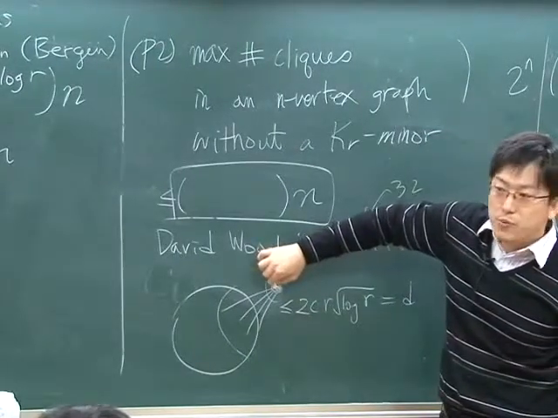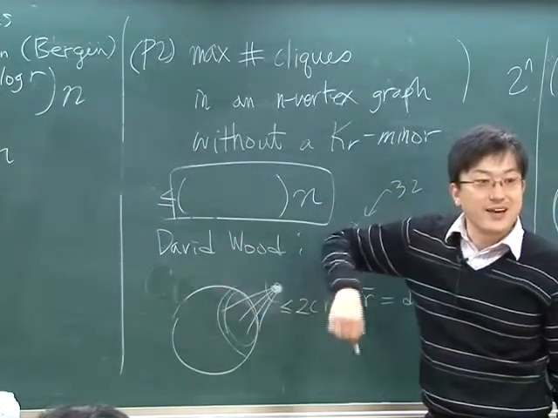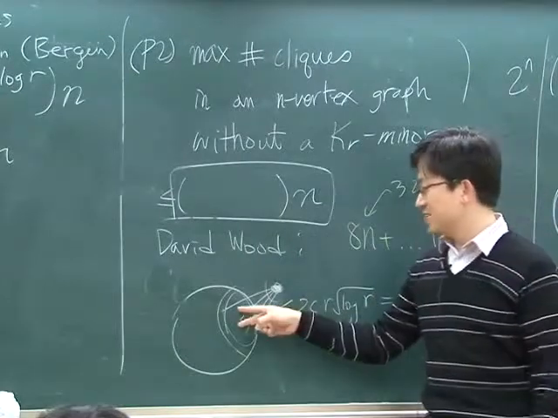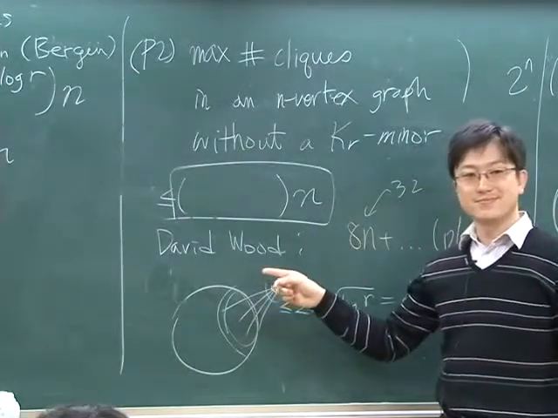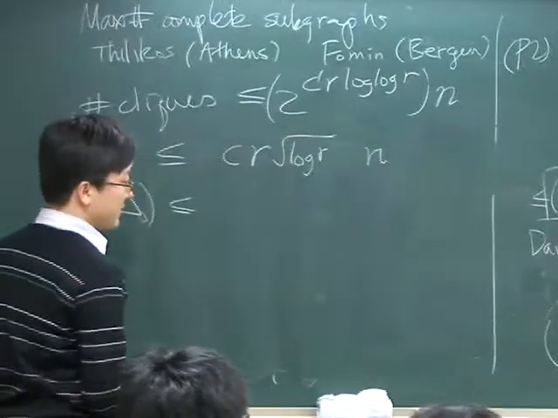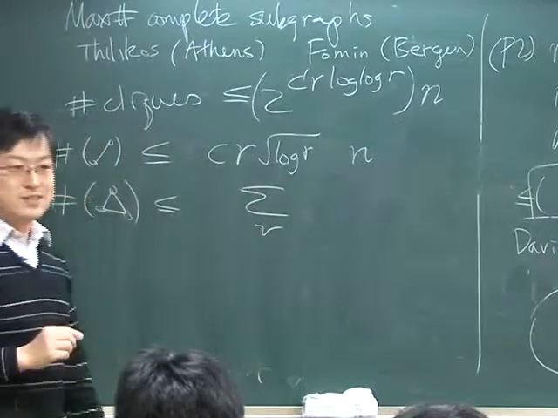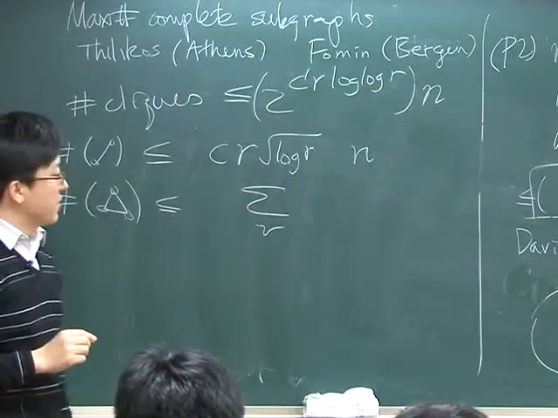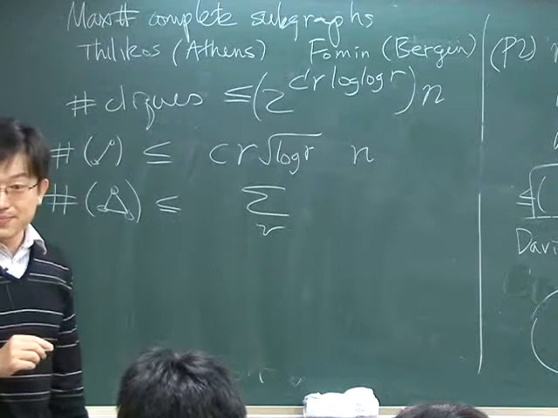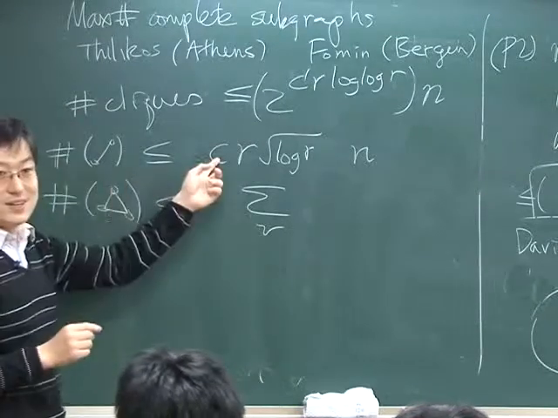That will be the number of edges in this area, right? For each edge, you have a triangle. So for each vertex, you count the number of edges in the neighborhood. So the number of edges can be given by this formula,